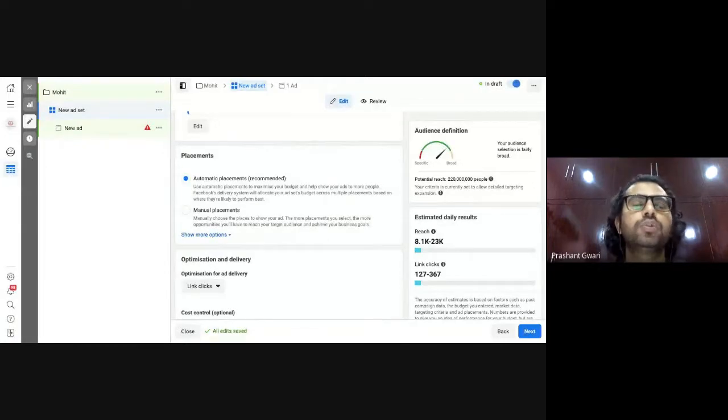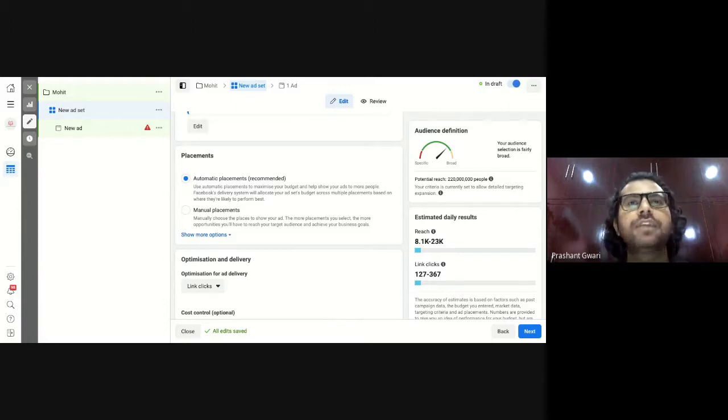You don't know. You just know that your interested audience is the age group from 25 to 45 years, but you don't know what kind of content they are watching. So you will go with the automatic placement in that case. Let Facebook decide what will be the best platform and best placement for you.